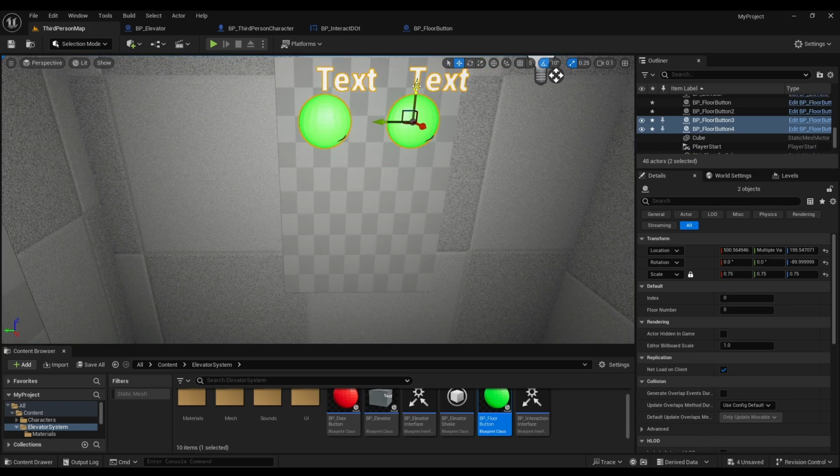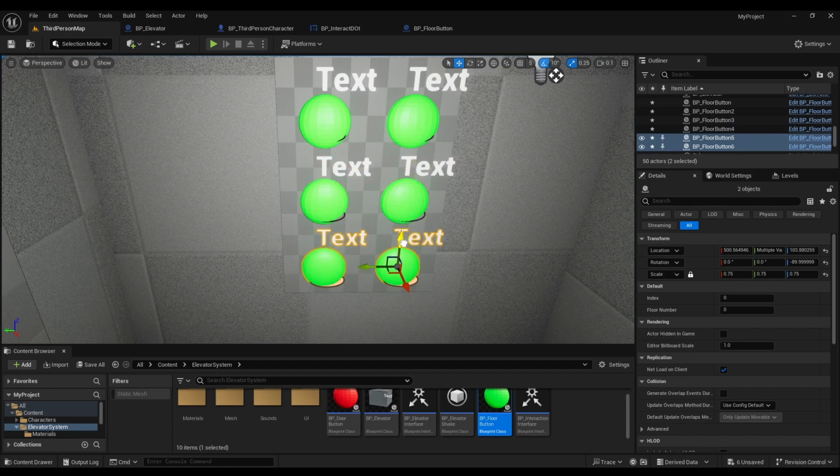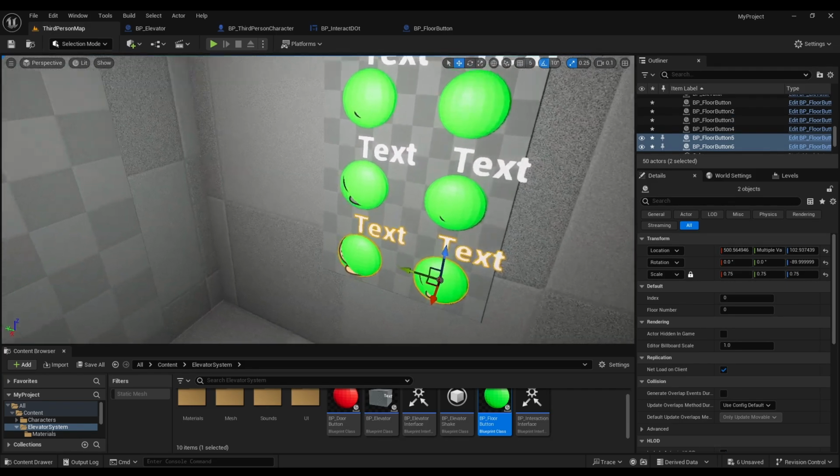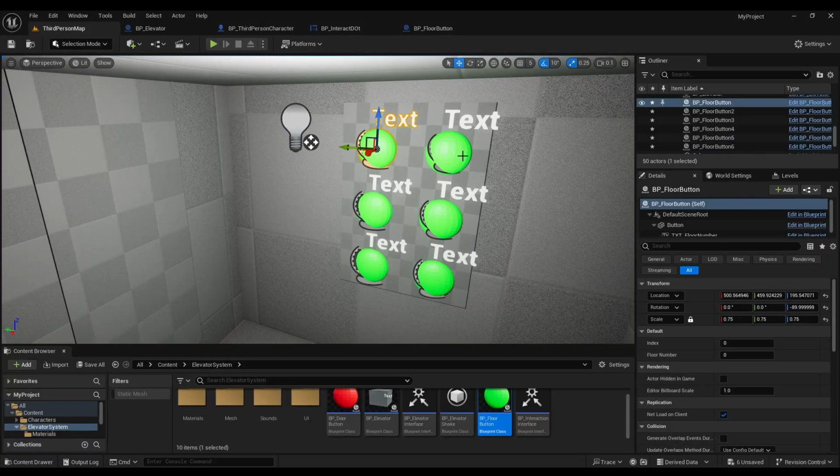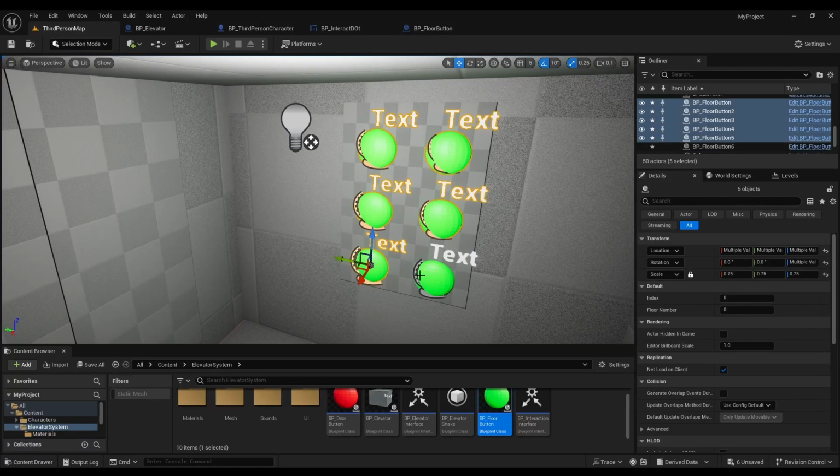Control C, Control V. You can do as many floors as you'd like. However, I'm going to do 6. Control C, Control V. All right. Now what we're going to do is we're going to select all of these and make sure that